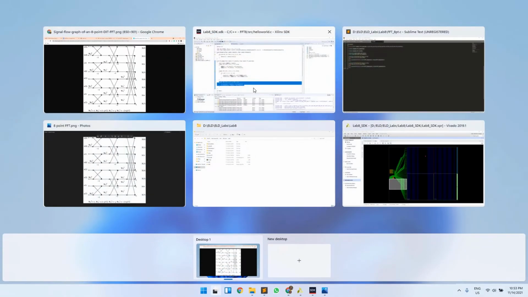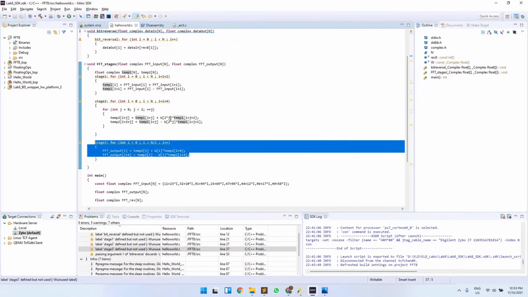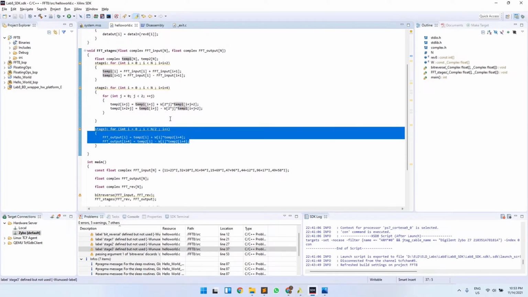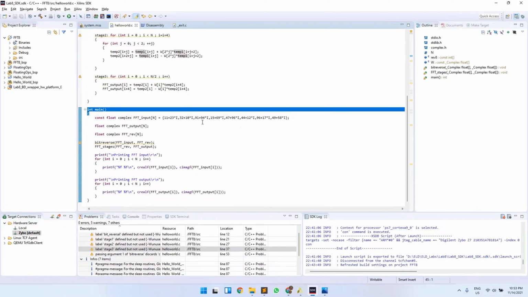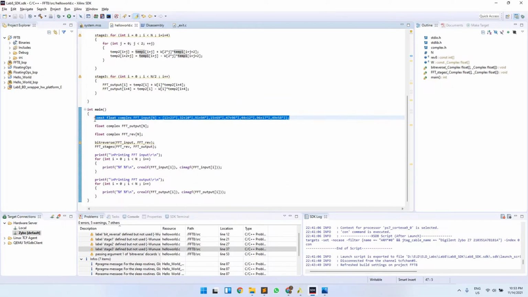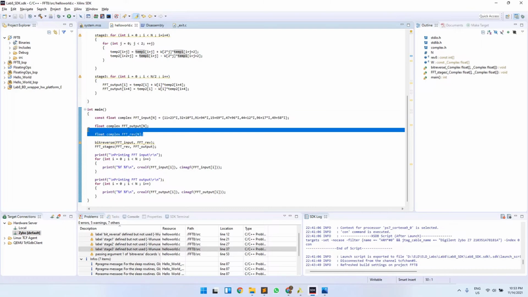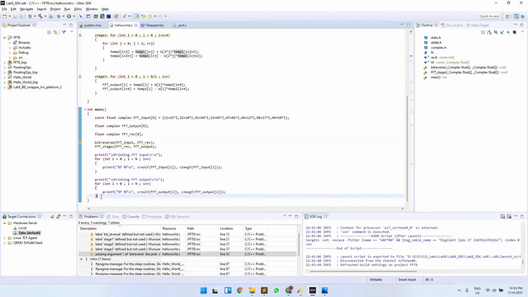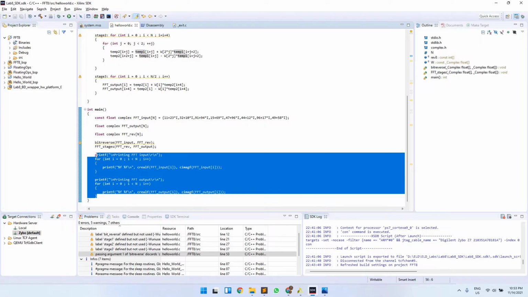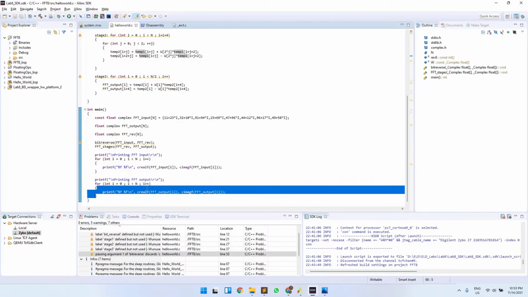Okay, so this will be the entire implementation of the 8-point FFT. After that, we have the main function in which we have initialized the FFT input array with some float complex values, and then this is the output of the FFT operation. Then we call the bit reversal and FFT stages operation here, and then we will print the input data to the FFT and the final FFT output.